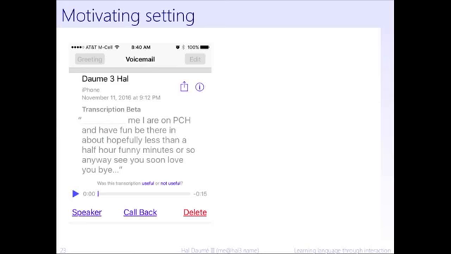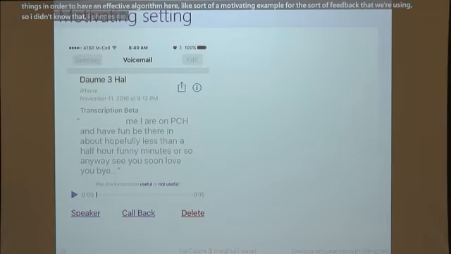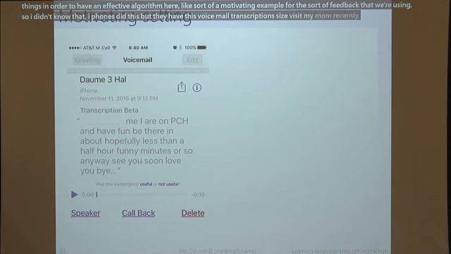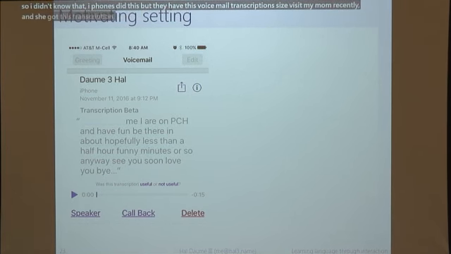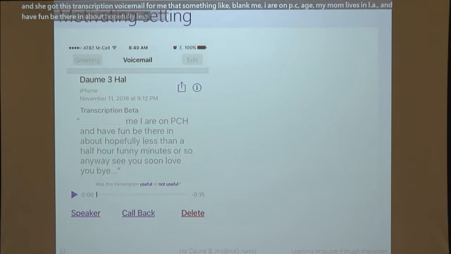So here's a motivating example for the sort of feedback that we're using. I didn't know that iPhones did this, but they have this voicemail transcription. I was visiting my mom recently, and she got this transcription voicemail from me that's something like, blank, me, IR on PCH. My mom lives in LA. And have fun, be there in about hopefully less than a half hour, funny minutes.